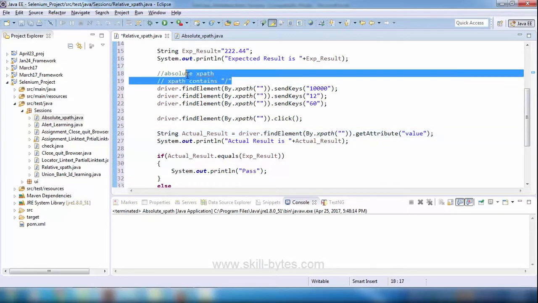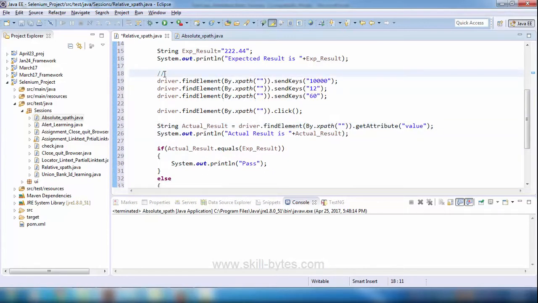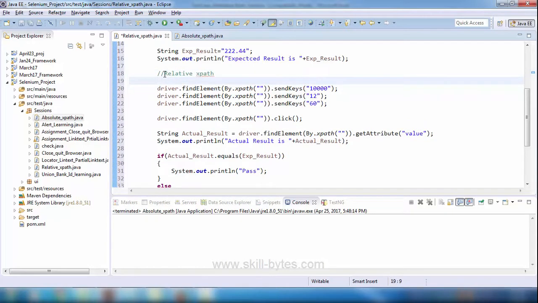Let us start writing the script for relative XPath. What is it? For relative XPath, you will be writing the code like this: driver.findElement. In a normal way you write the same code, with By.xpath. All these would remain the same, but the only thing is you will start writing double slash tag name, square braces, at the rate